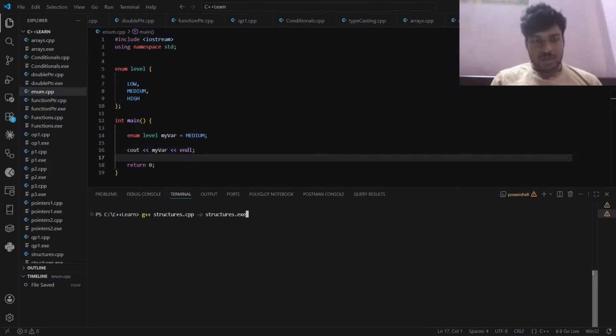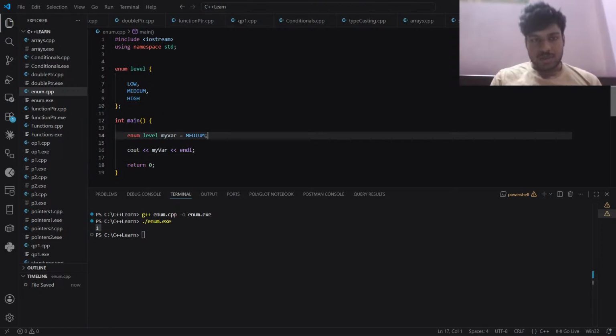So let's see what it prints. Let's change it to enum, and it's compiling. Let me run enum. So it prints 1